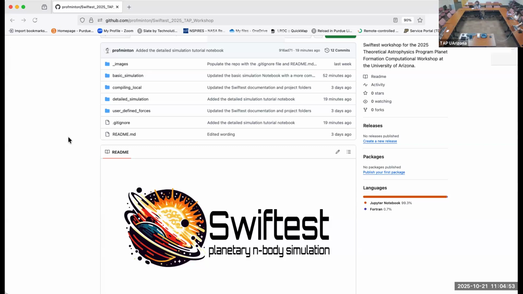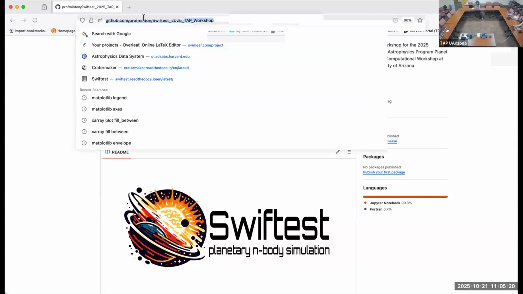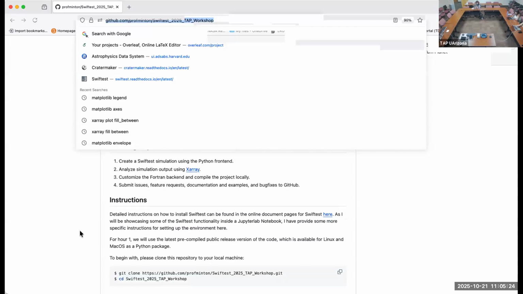One of the things we've been doing with Swiftest is trying to put together a set of documentation pages. Rather than reinvent the wheel for this workshop, I basically adapted some of our documentation pages verbatim into exercises. Have you all gotten this link at least? All right, so if we're all in here,